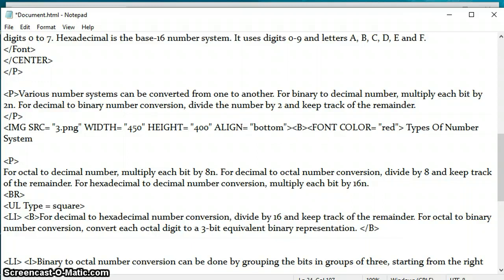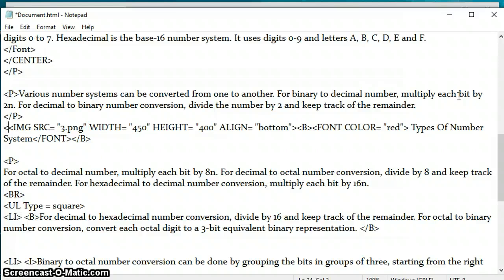Now I have to close all the tags in reverse sequence. So first is font, then I have to close the bold tag. And last, I haven't changed the paragraph here, so I will type the paragraph tag.